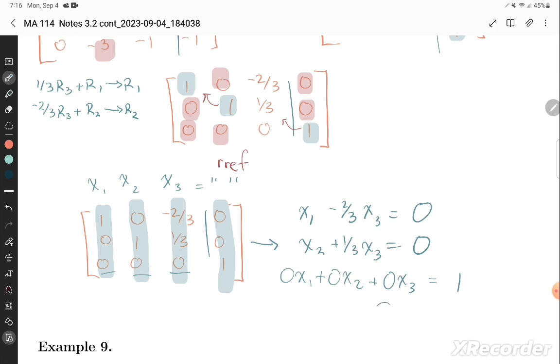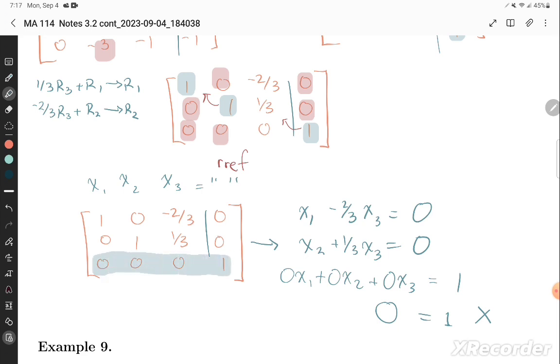Anyways, what this means is I've got 0 equals 1. But we all know that that's impossible. You can't have 0 equal to 1. That breaks all our rules of math. So what happens here is when we get an augmented matrix in row-reduced echelon form, and I've got something like